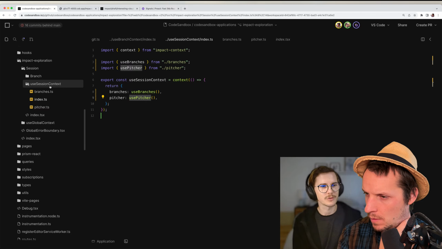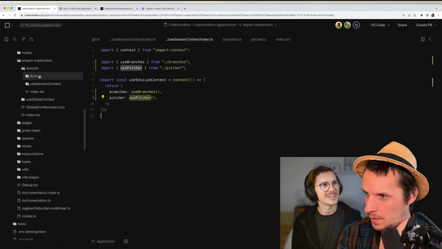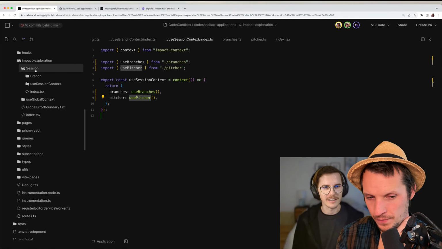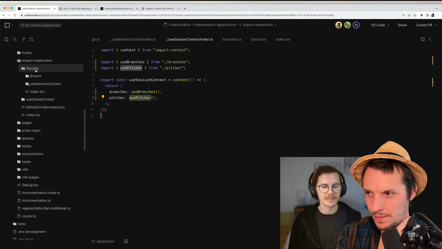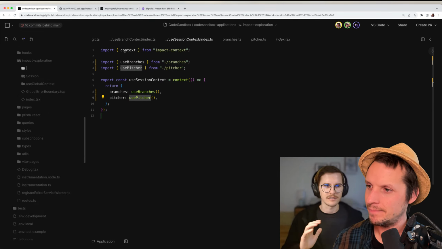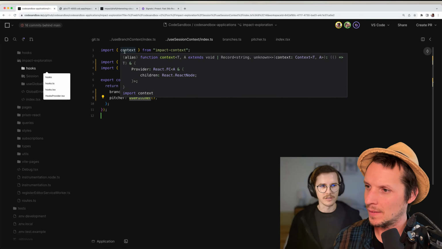What if we just create a hook folder inside Impact Exploration? Just to remind us that if you want to add, for example, util functions or hooks, that they are functional hooks, and that there is a difference between context and functional hooks.